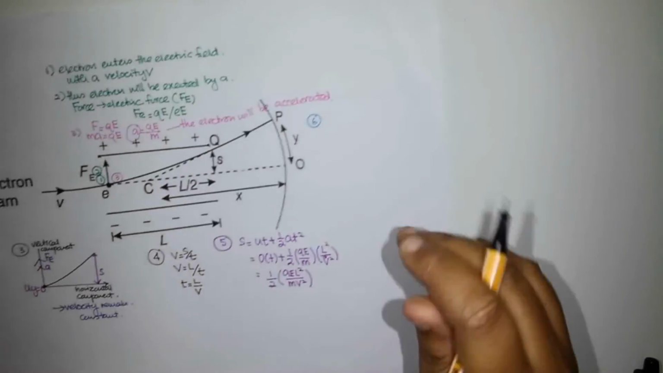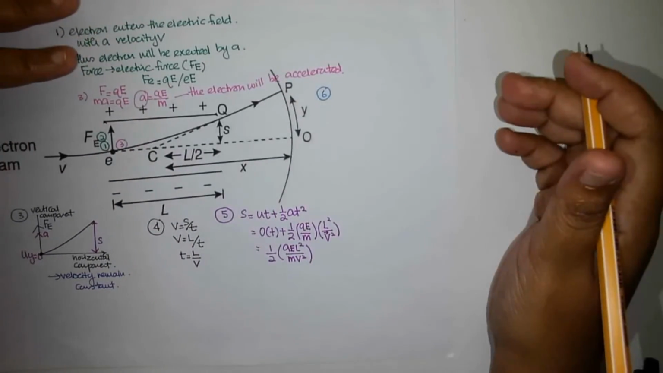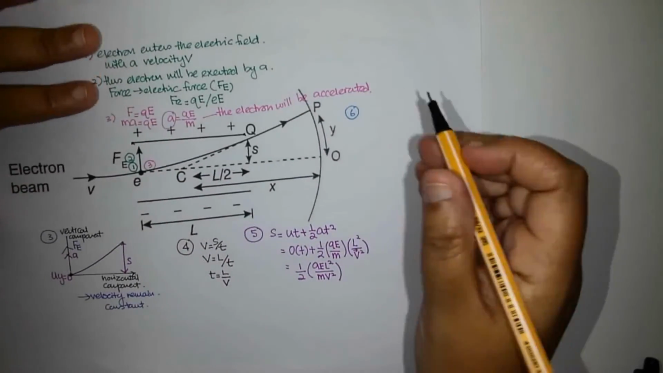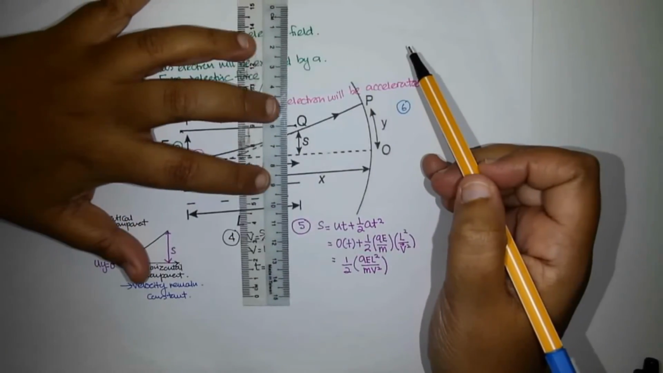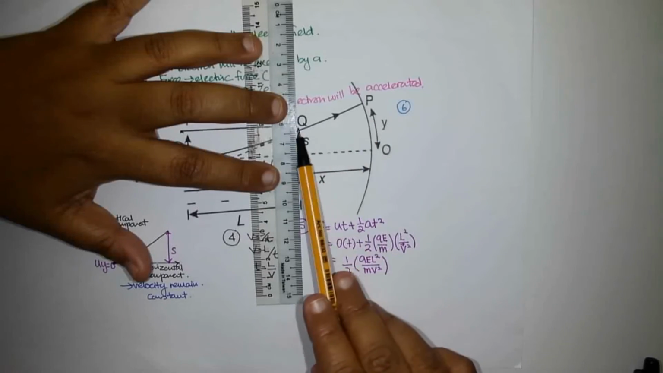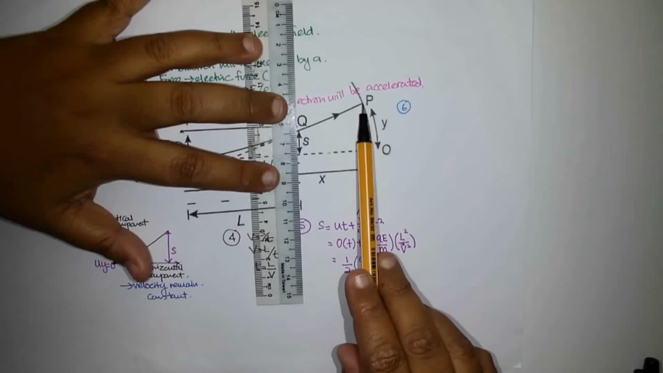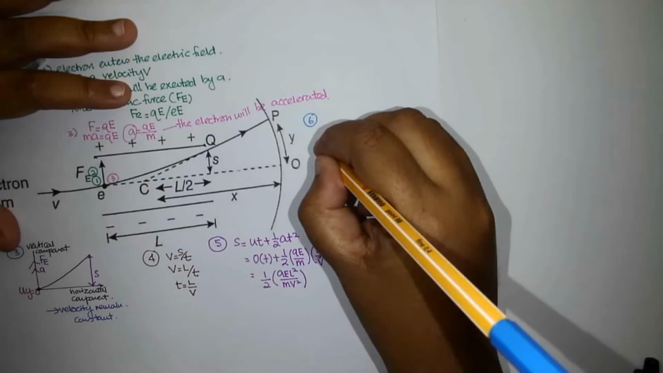Okay, let's focus on this part here. Now the electron will travel in a straight line. You see the electric field is from here to here only, correct? So after that you realize that the electron will travel in a straight line and hit the screen at P. Okay, so if I draw a triangle,